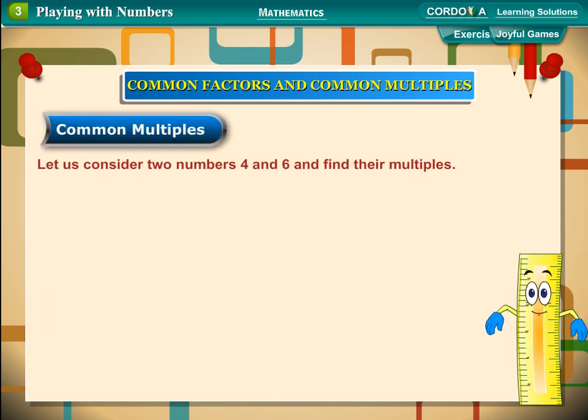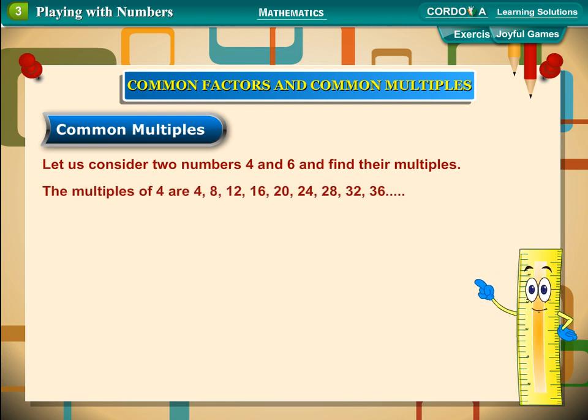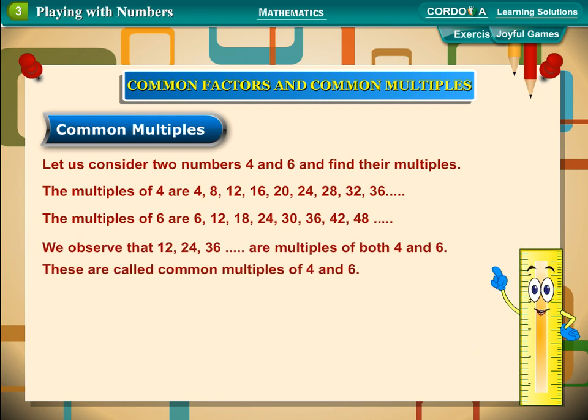Common multiples. Let us consider two numbers 4 and 6 and find their multiples. The multiples of 4 are 4, 8, 12, 16, 20, 24, 28, 32, 36, and so on. The multiples of 6 are 6, 12, 18, 24, 30, 36, 42, 48, and so on. We observe that 12, 24, 36 are multiples of both 4 and 6. These are called